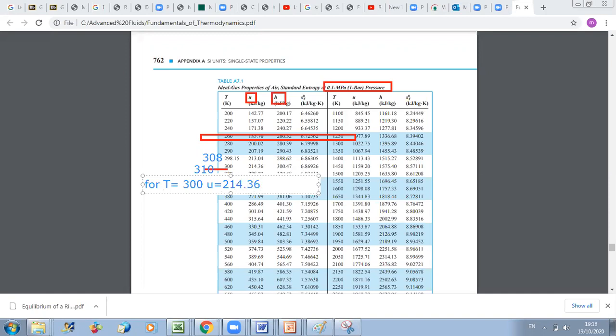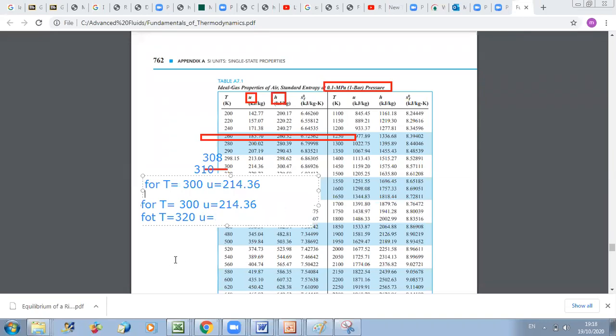And I will take the values for 320. So for T equals 320, the value of U is,